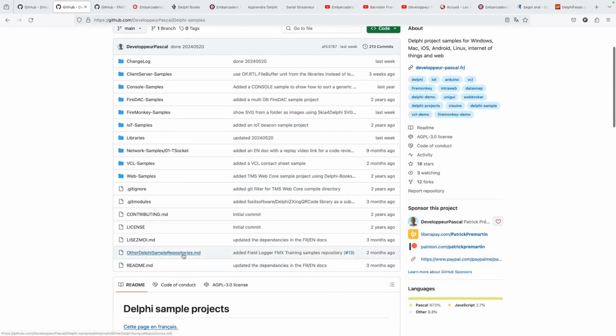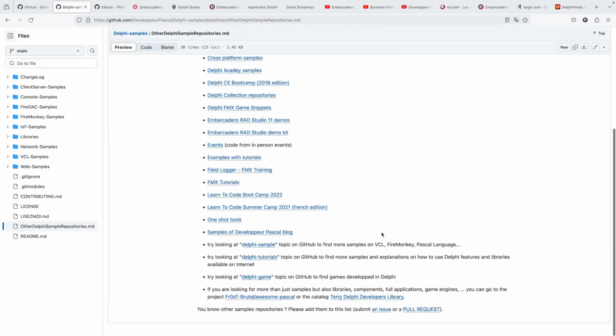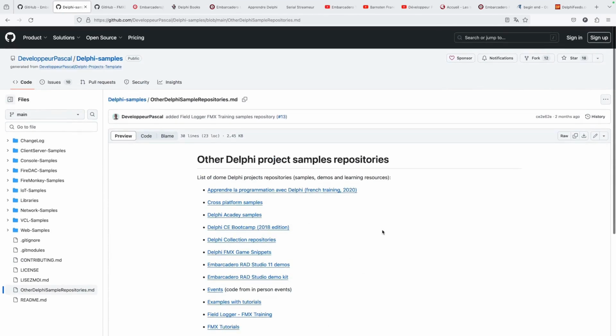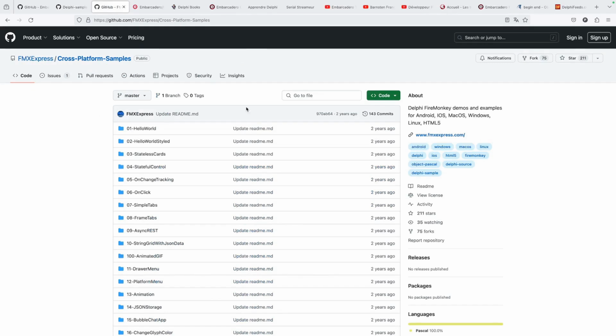In that repository, you'll also find a file called Other Delphi Samples Repositories, where I list a number of repositories where you can find more project examples. With all that, you should be able to figure out how the environment works and how other developers do this or that. And among all these sites that have examples, we also have the code repository located at